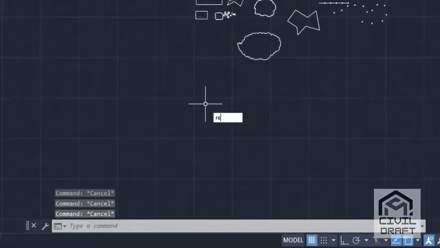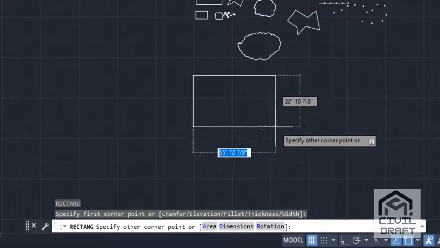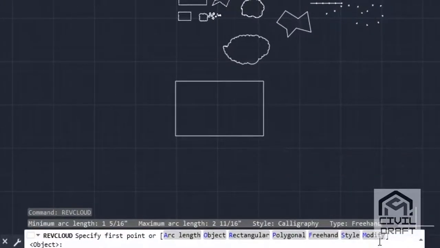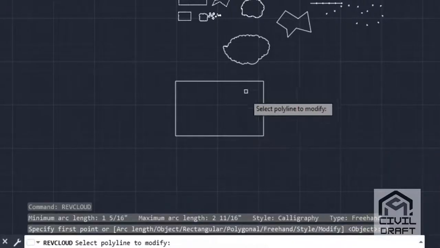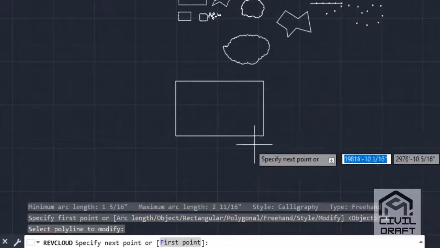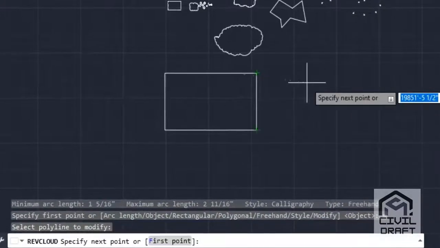Here I'll make one rectangle. Now apply revision cloud. For modify, M, enter. Select the polyline to modify. I'll select this rectangle. Specify next point or first point. If I have to specify first point here, type F, enter.